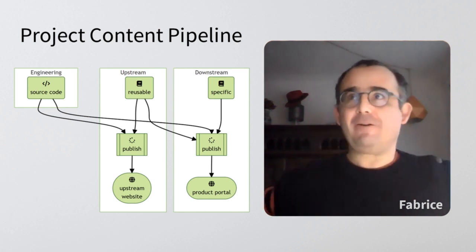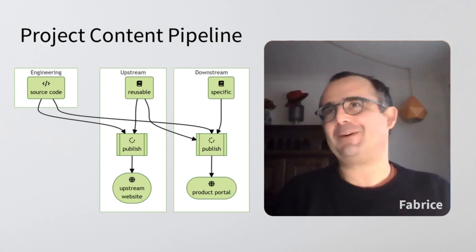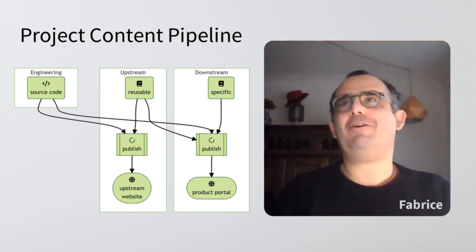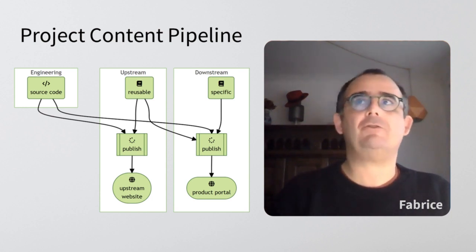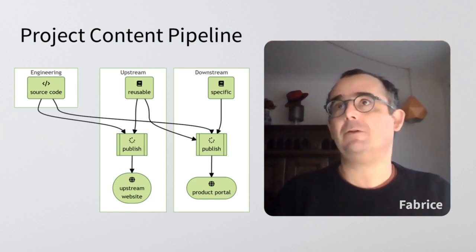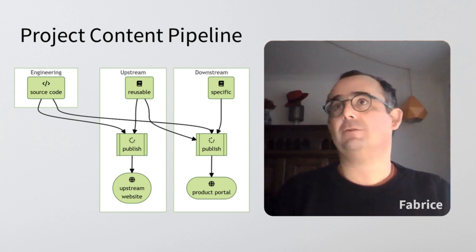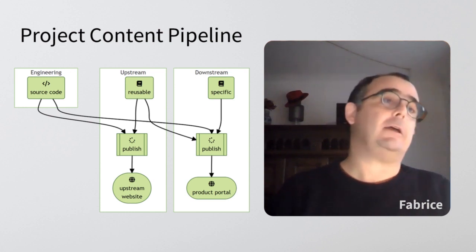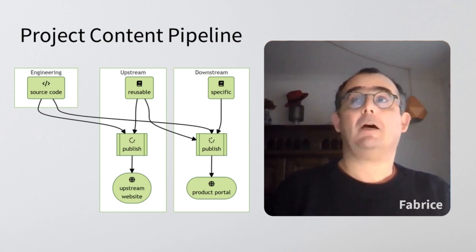And there is another problem, which is maybe specific to Red Hat, but I'm not sure. How can you use modern tools in upstream? How can you have some freedom in the tools that you are using in upstream when you have a downstream toolchain that is very specific and has very specific requirements? And in my case, in Red Hat's case,